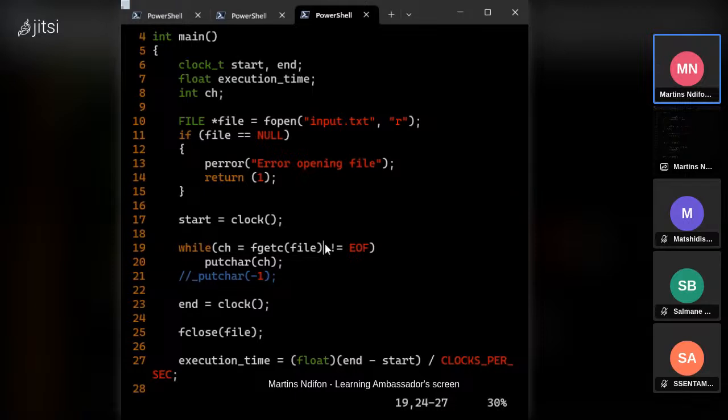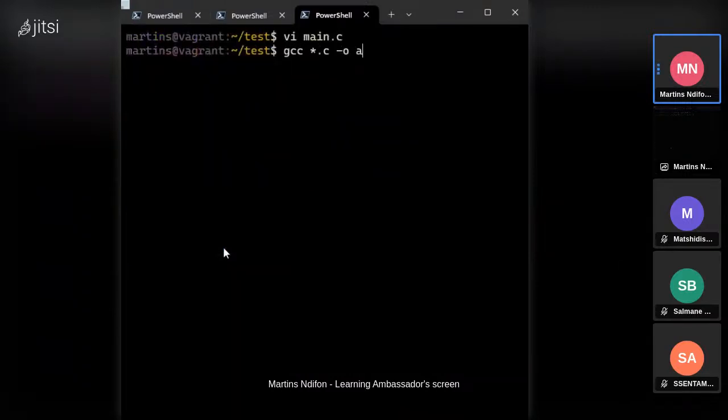So you can see that we are opening. What are we doing here? Yes, we want to put this inside fgetc file. We want to put all of this inside because we are checking if ch is not equal to end of file. But that's not what we have here. Right now we have ch equal to this, not equal to this. So that's confusing for the compiler. So we just bracket all of this together. And we should get